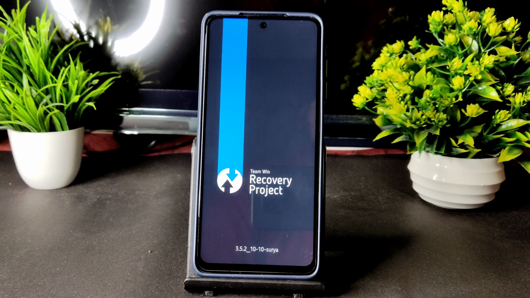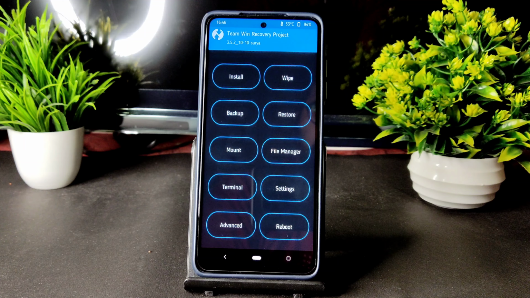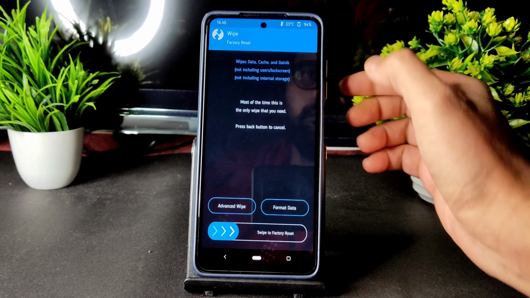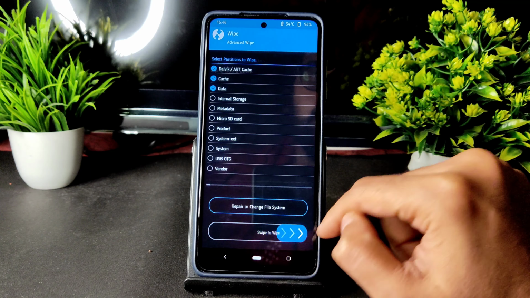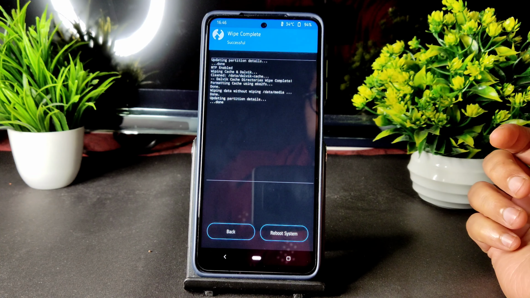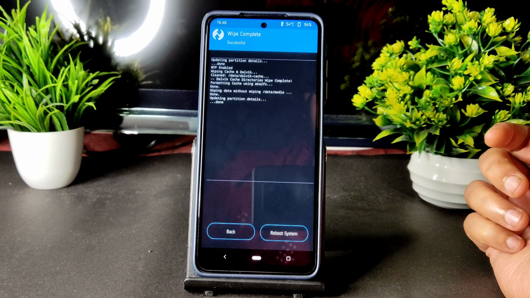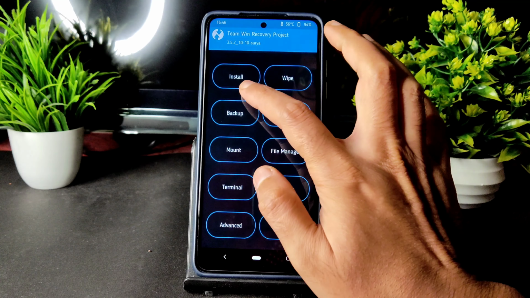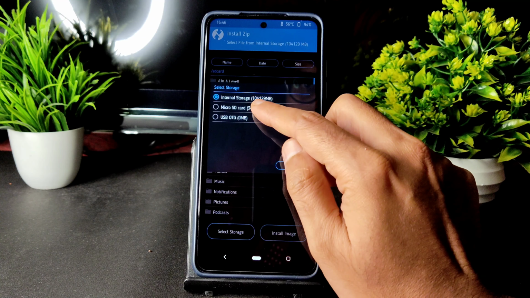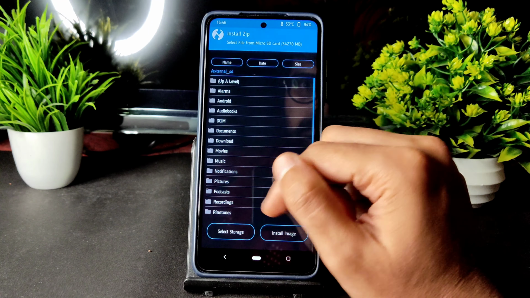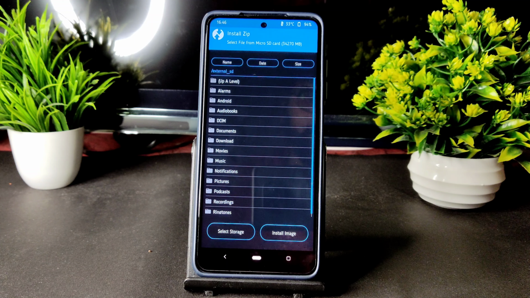As you can see, I am using the latest recovery here. Use the latest recovery and go into the wipe section, select advanced wipe, and select Dalvik cache and data, and right swipe to wipe. Next, select install. Here is where people make a mistake: select the SD card. I'll be showing. As you can see, they have clearly mentioned in the